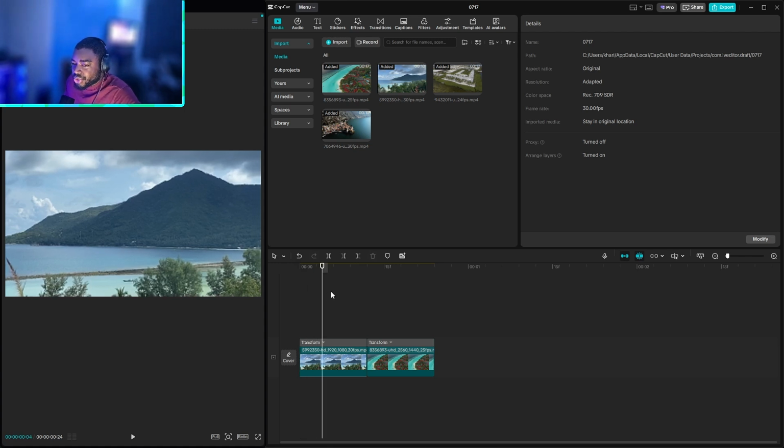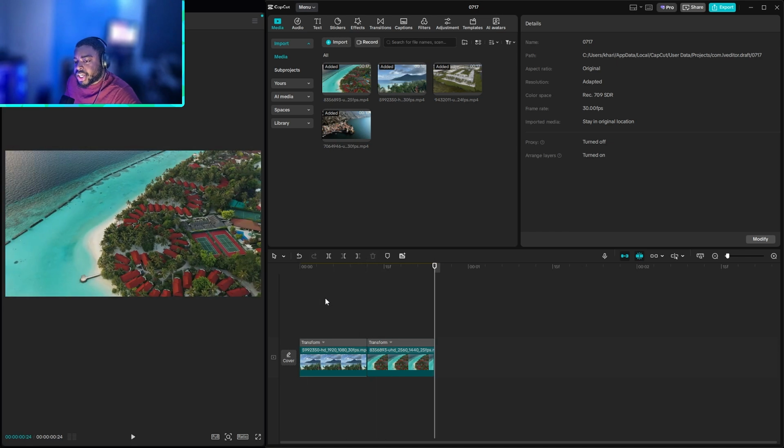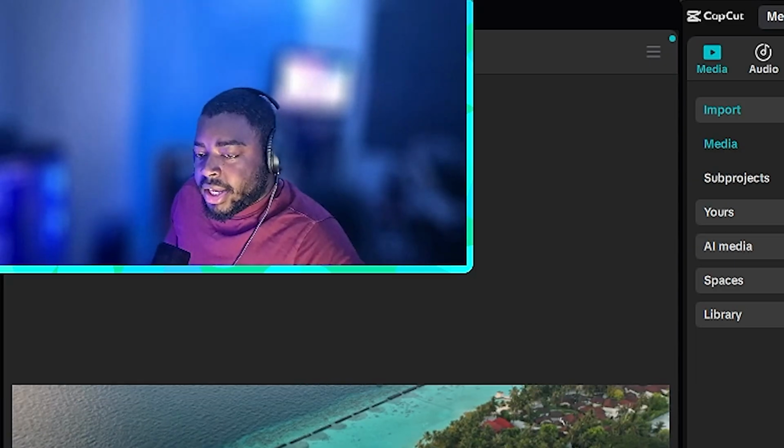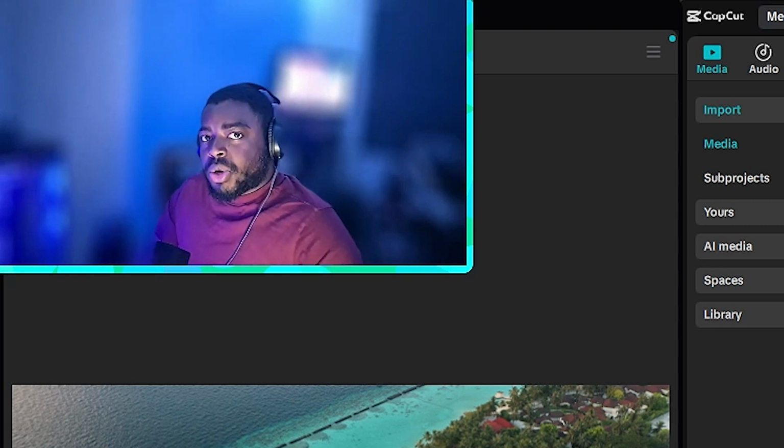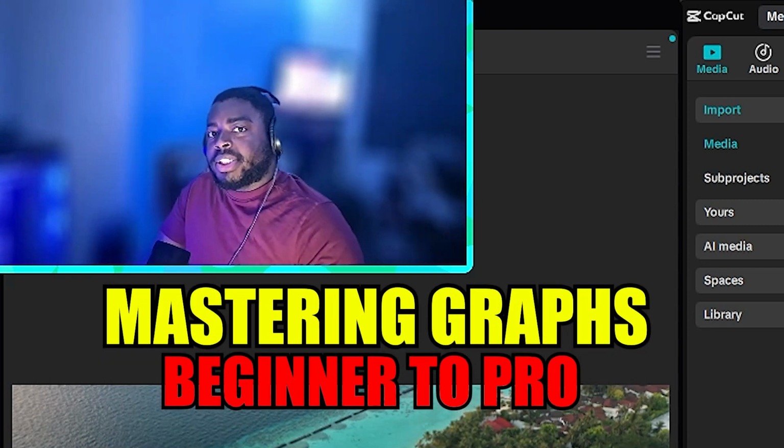If I don't want to use the assets they already got on CapCut, I'll just use this. I'll add the keyframes and then use the curves, and you get a transition like this. And I might do a full video on how to use curves on CapCut PC as a beginner,